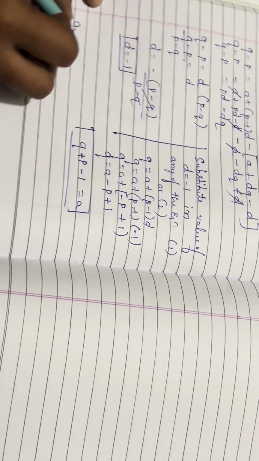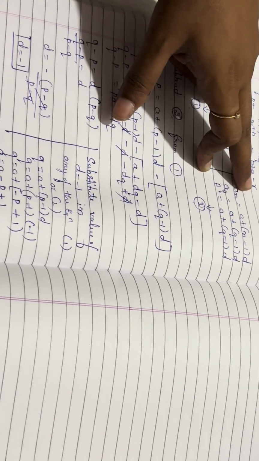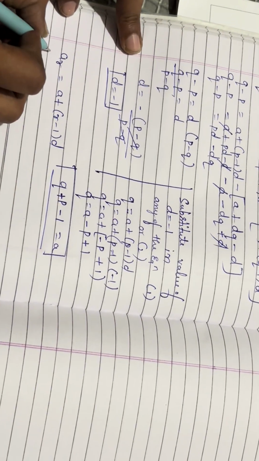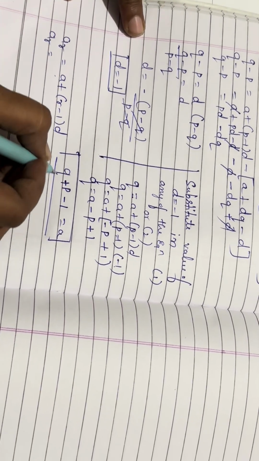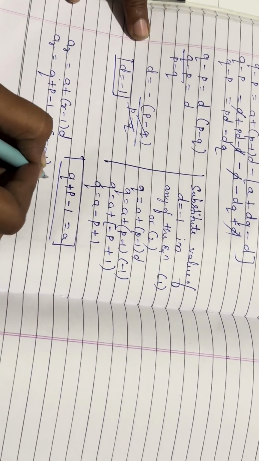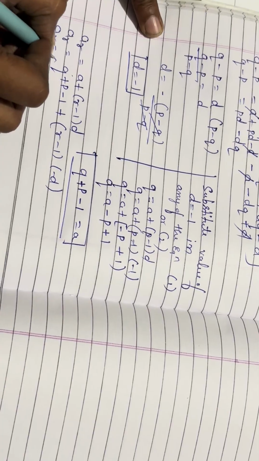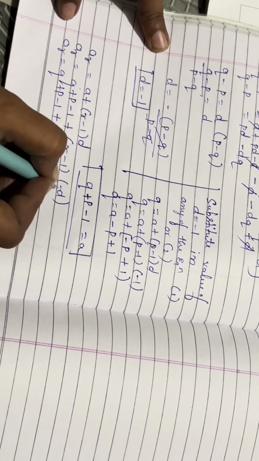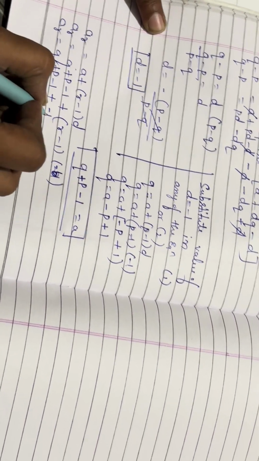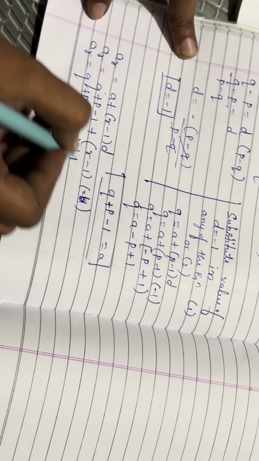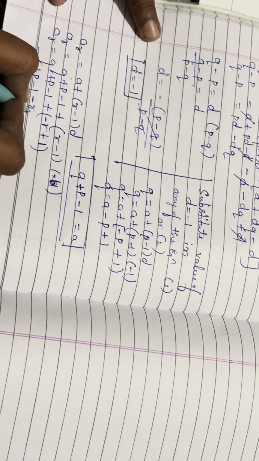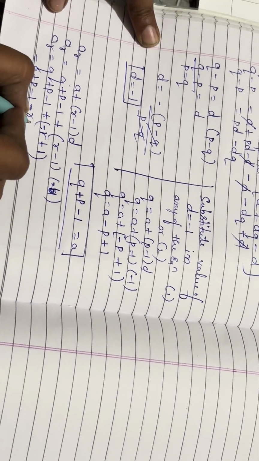We have to find out the rth term is P plus Q minus R. A rth is equal to A plus R minus 1 into D. A R is equal to, A means Q plus P minus 1, plus R minus 1 into minus 1. A R is equal to Q plus P minus 1 multiply minus 1 minus 1 with R. You get minus R plus 1.